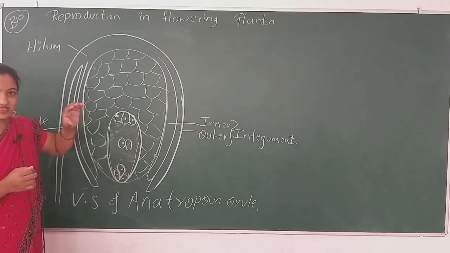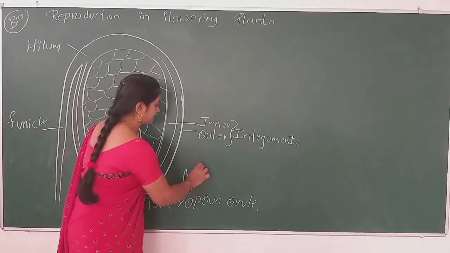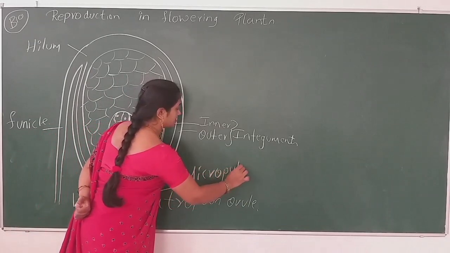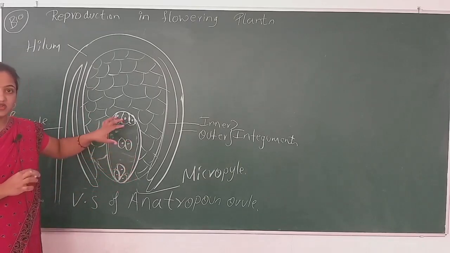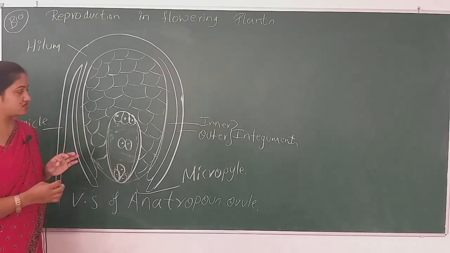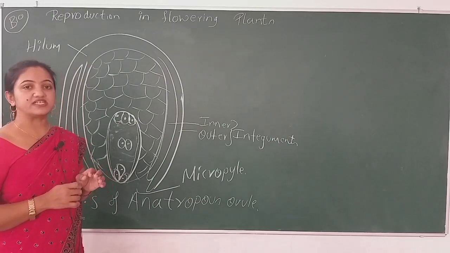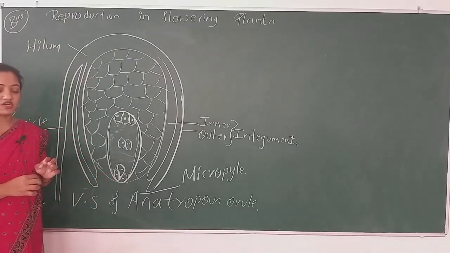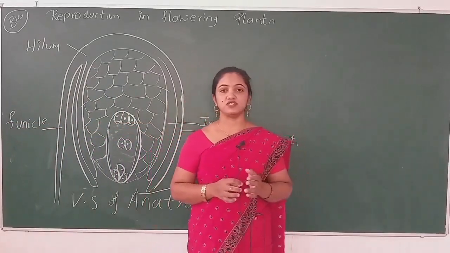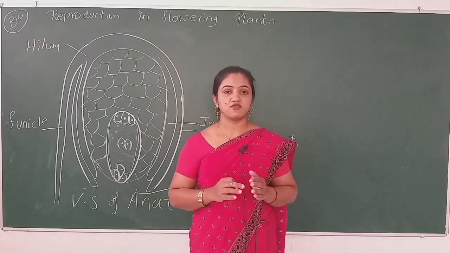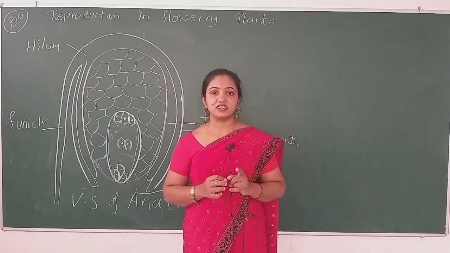Only one cell is present at the micropylar region. So this is the micropyle. A cell which is present near the micropyle forms into the megaspore mother cell. That megaspore mother cell undergoes meiotic division, and the resultant product will be megaspore tetrad. The megaspore tetrads will be linear in position. Out of 4 megaspores, only one remains functional, the other 3 disintegrate.